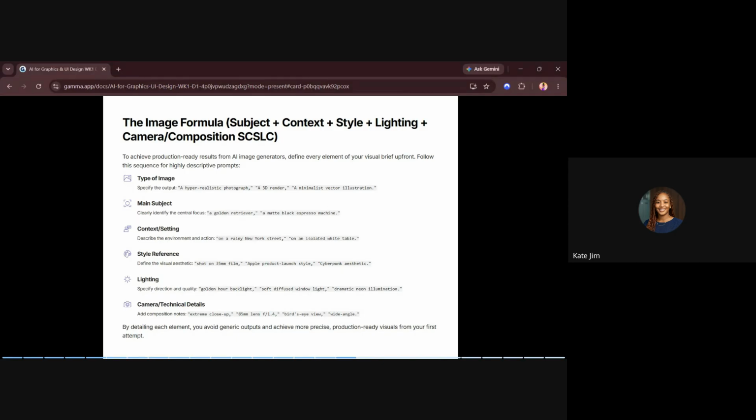Then for the main subject, if you want to talk about the central focus, what you are creating, you say a golden retriever, a matte black espresso machine. That is the main subject. Then for context, if you want to describe the environment, you can say on a rainy New York street, or an isolated Ongorimi street, on a lonely Malali street.